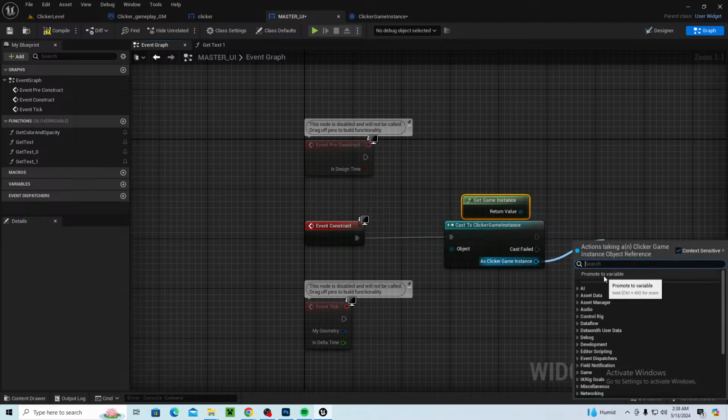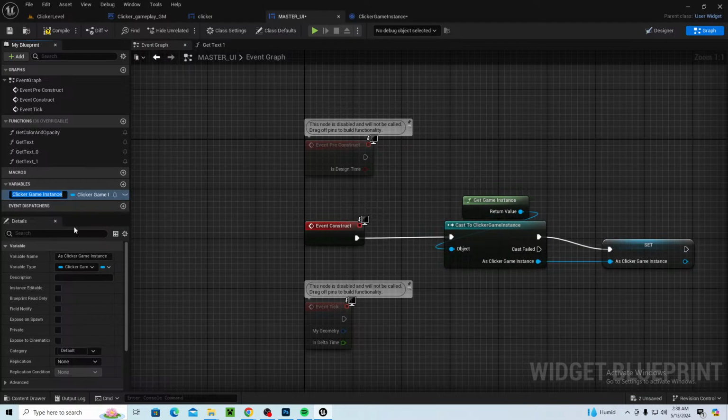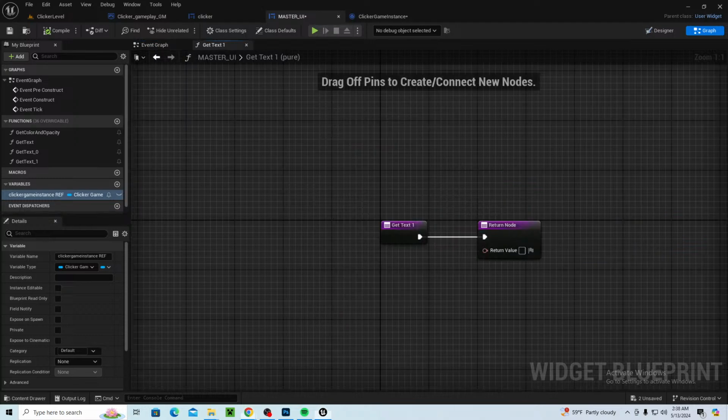Set this to promote variable, clicker game instance reference. And because we did this now, compile real quick, we're gonna be able to pull the clicker points. Then come over. So if we get this,